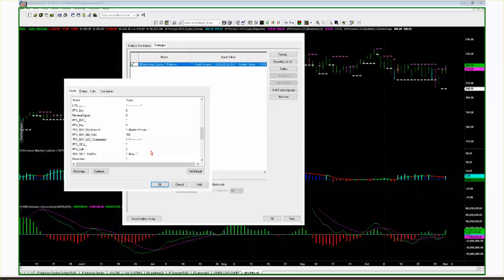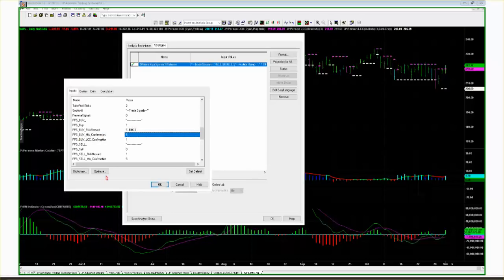Now let's start building on our buy signal. We're going to start with PPS, so true. Risk reward, I have no idea. So let's start with 1 at the least, and let's go on a daily chart. Let's say 10, and let's use a 0.5, which is 0.5%, and hit OK.